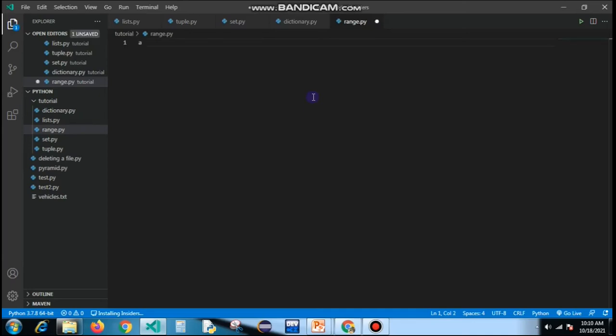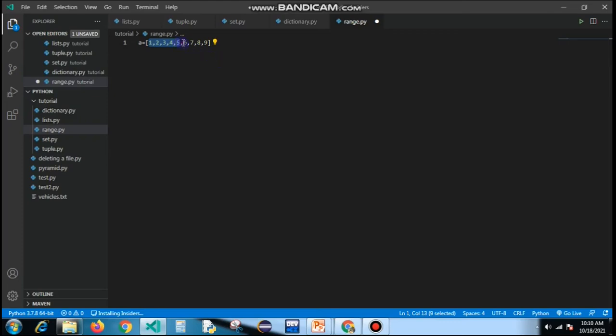Say a equals 1 2 3 4 5 6 7 8 and 9. So this is my set, and if a situation arises that I have to print only these first 5 elements